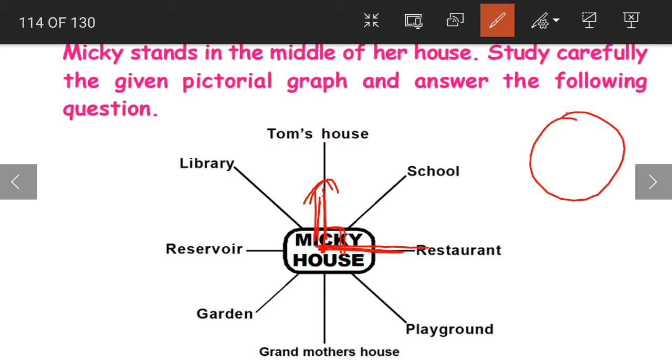Clockwise means, see, this is a clock, right? 12, 1, 2. How do the hands in the clock move? Suppose it is at 12. After some time, will it move to 1 or will it move to 11? It will move to 1. So in the clock, the hands move in this direction. Yes or no? So that means our Mickey is turning in the clockwise direction in this way. So 90 degrees clockwise means from here till here. If it was 90 degrees anti-clockwise, Mickey would have turned like this in the opposite direction. But here Mickey has turned 90 degrees clockwise.